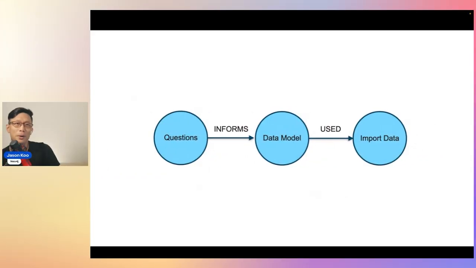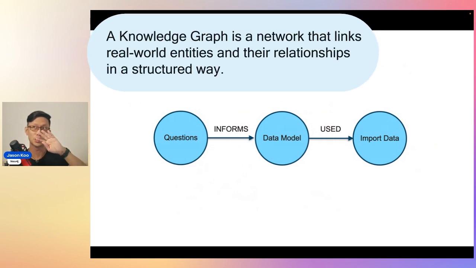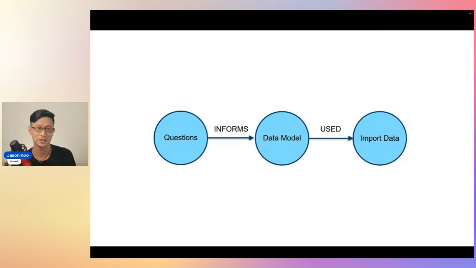So the typical pattern for creating a knowledge graph inside a graph database, there are a couple ways you could do this, but one of our recommended paths is to start with the questions you want to have answered. Like, what information are you most interested in from your particular data set? Once you know generally what questions you want to ask, that highly informs you in deciding how to construct the